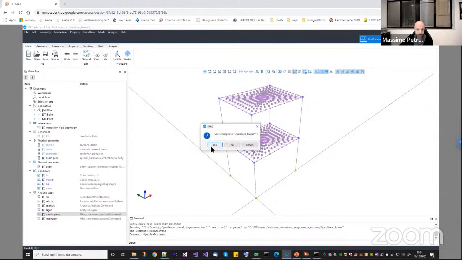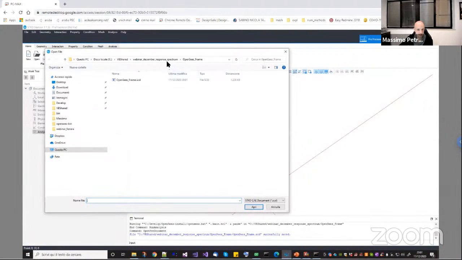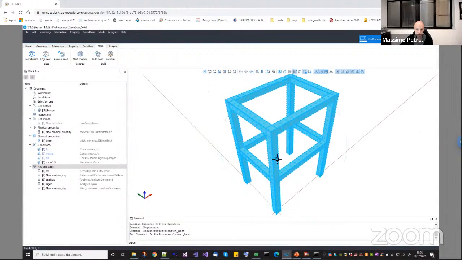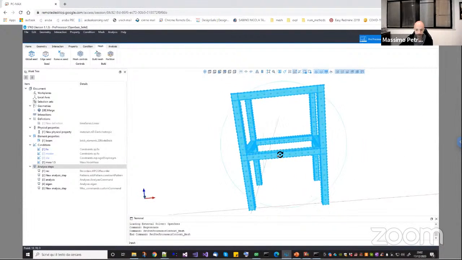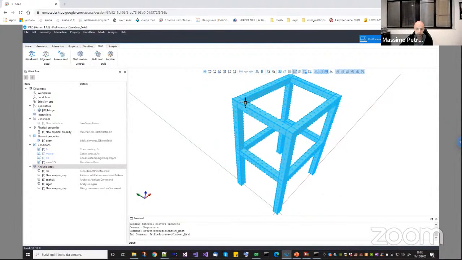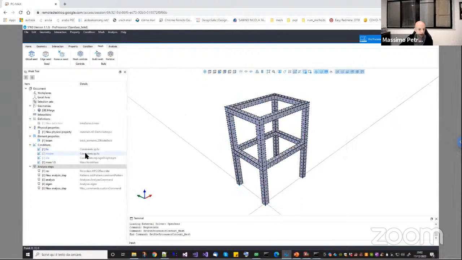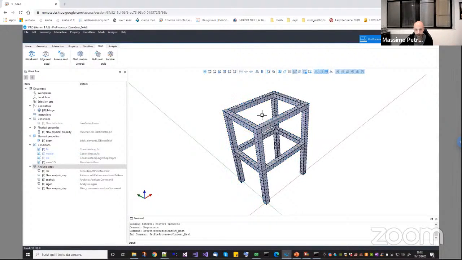So you have, let me say this one, yes. And here in the files, you will see OpenSys solid. If I take this one, basically this one is the exact same model, but instead of being done with frames, it is done with quadratic cubic solid elements, okay? Of course, you don't have the rigid diaphragm here, so I will compare it with an OpenSys model without rigid diaphragm, just to see what happens to the rotational masses. If I run this model,